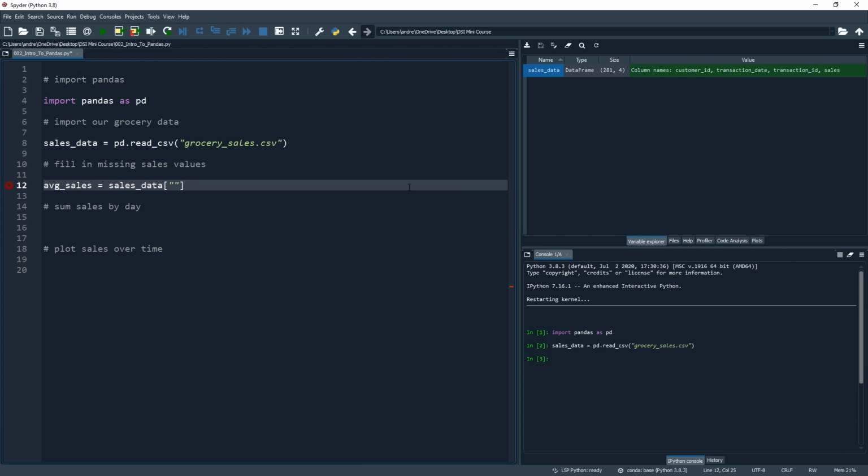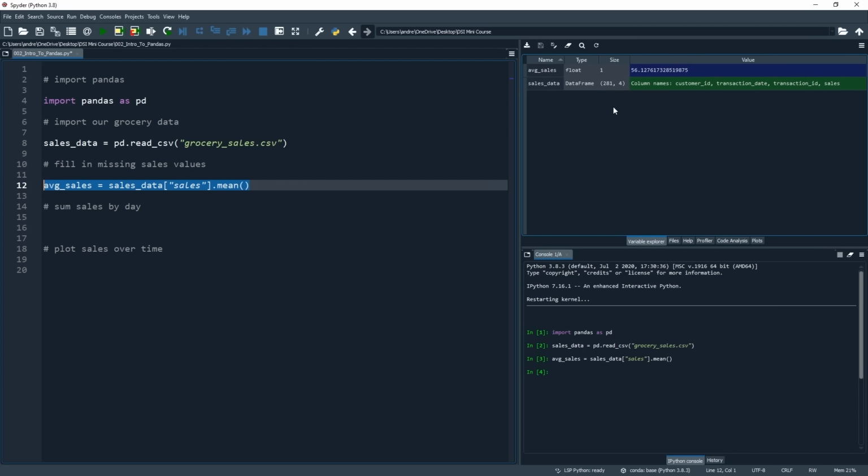So within quotation marks, we'll put sales. At the very end of this line of code, so after those square brackets, we can just put dot mean and parentheses. And if we run this line of code and then look over to our variable explorer, we can see that average_sales has been created and it has a value of just over $56.